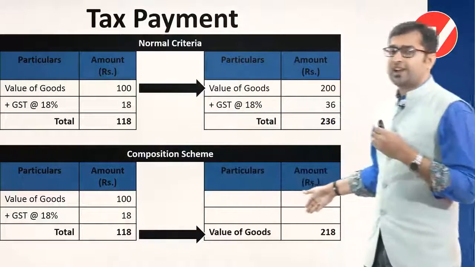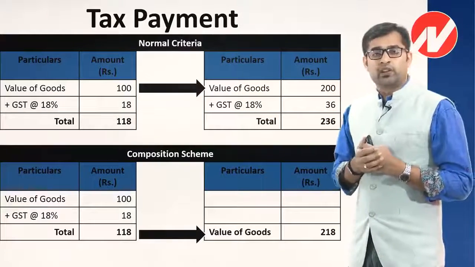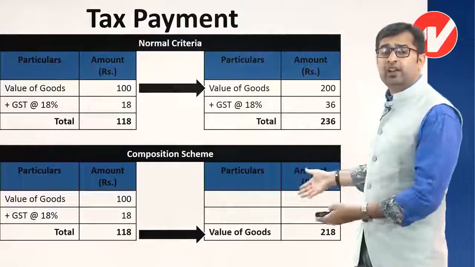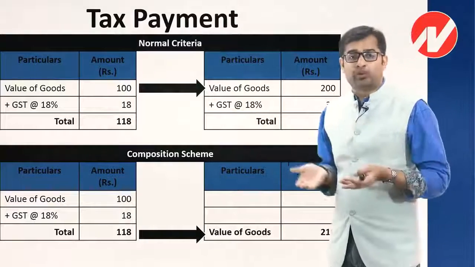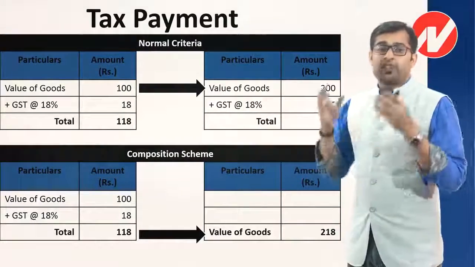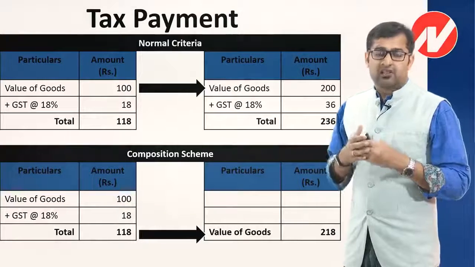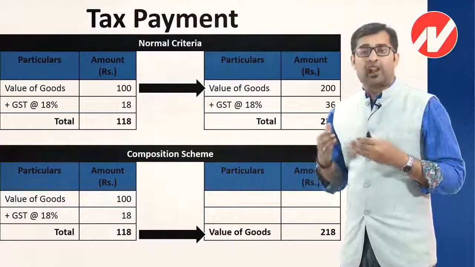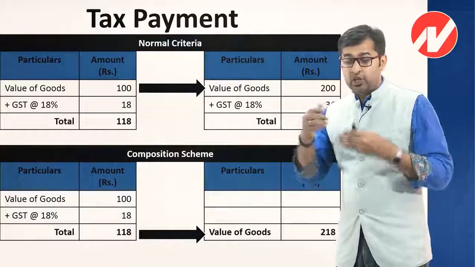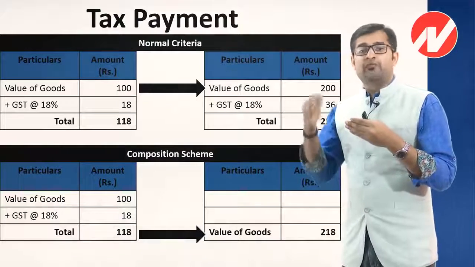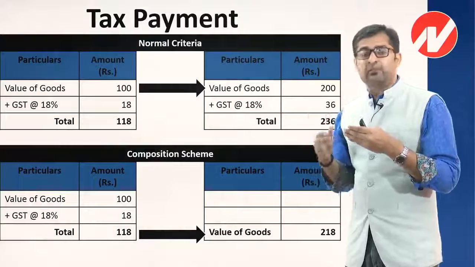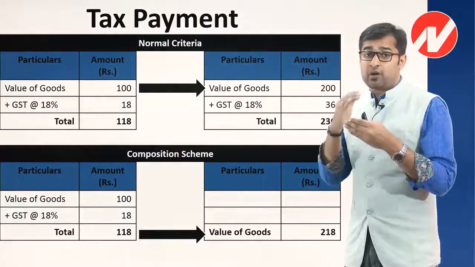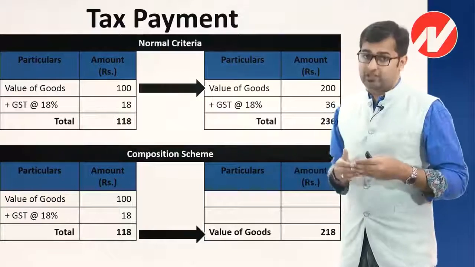So the value of goods that I'm selling is 218 rupees. Now someone would say, sir, 218, what about the taxes to be charged on that 218? So frankly speaking, the composition scheme very clearly says that you have to pay tax at a lower rate, where I've said the tax rate will be 1%. But the more important point is, when you pay tax under the composition scheme, it very clearly says that the tax